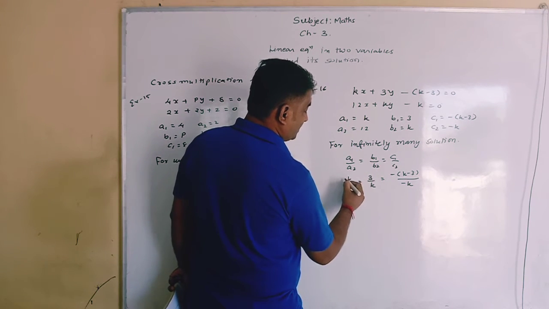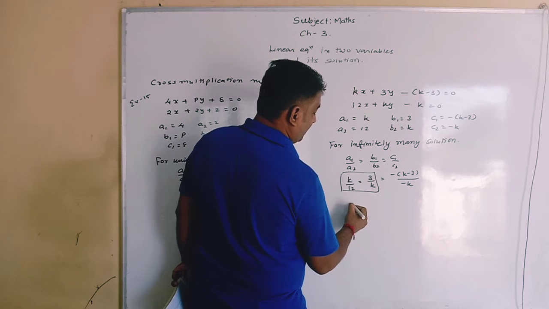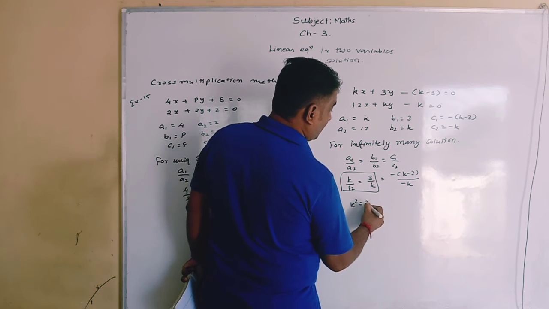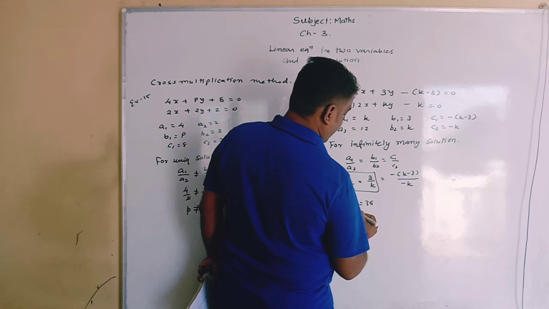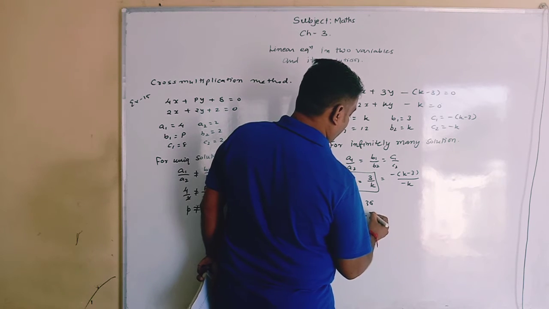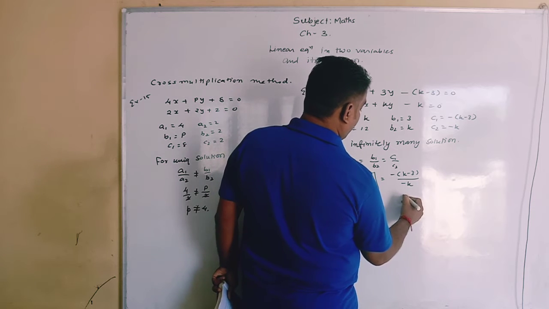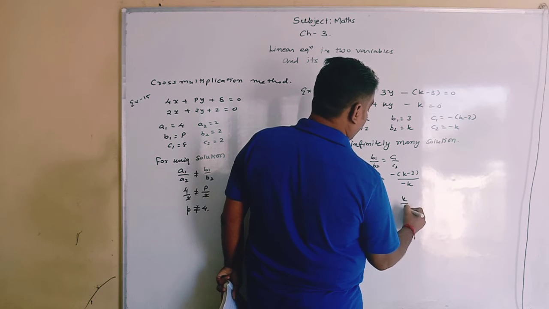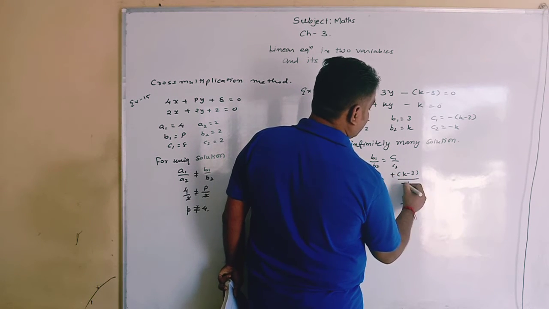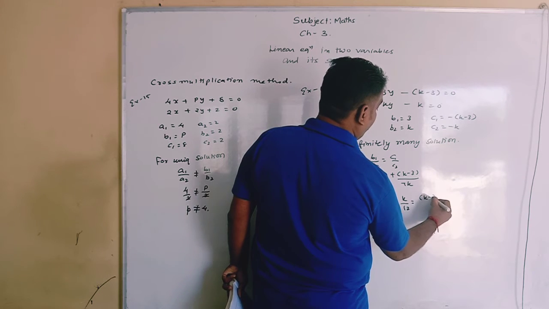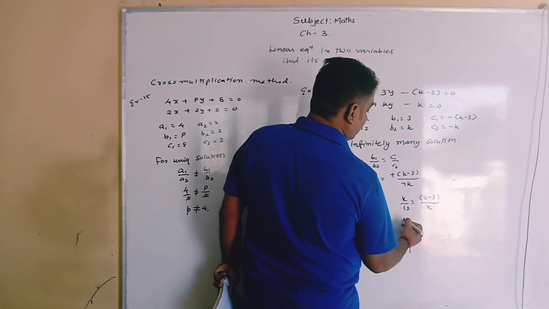And so by comparing these two, we get k square equals to 36, and so k equals to plus or minus 6. If you compare these two, you can get k by 12 equals to, minus cancel, so k minus 3 by k you can write, and so k square